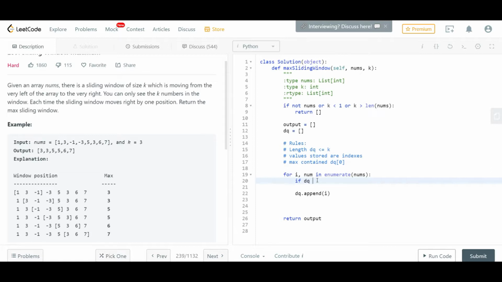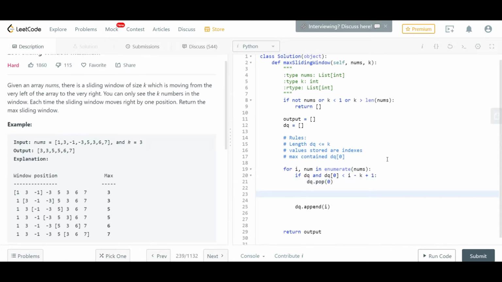So we'll say if dq exists and dq of 0 is less than i minus k plus 1, then we can say that, hey, we don't need this value, and just pop the left value, or the first value, out because it's no longer required for us, right? Pretty simplistic. So this handles that situation for us. We've handled rule 1 and we've handled rule 2. Now all we need to do is handle rule 3, which is the more important rule, where we need to understand